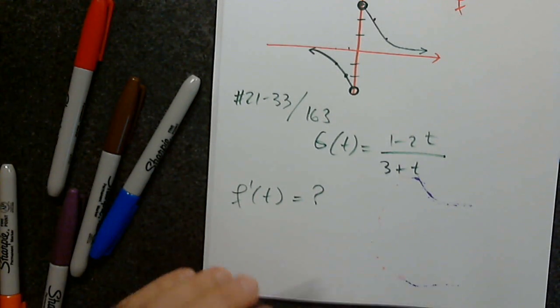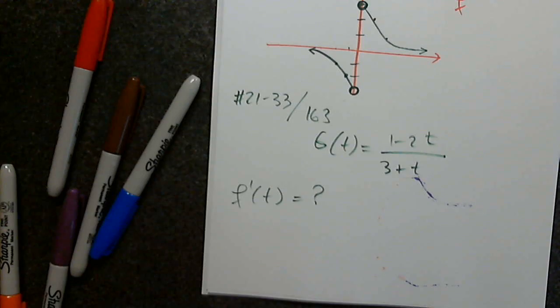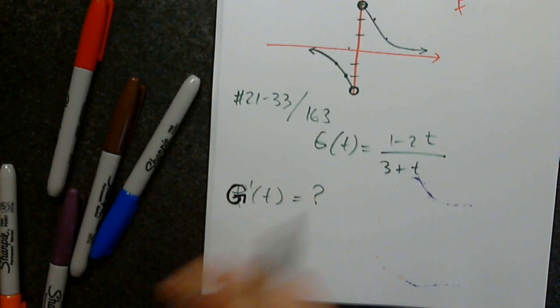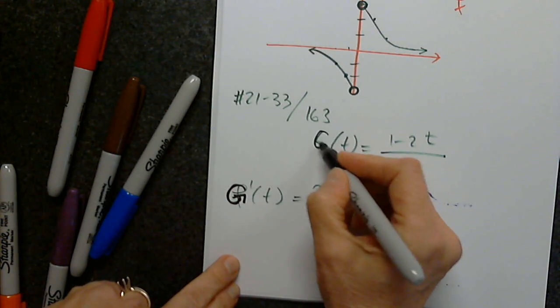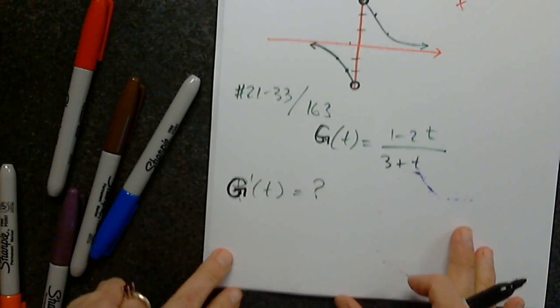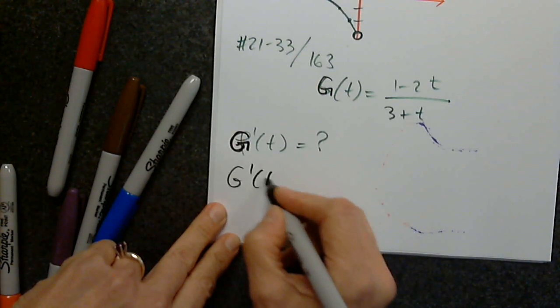Would this technically be g prime of t? I'm sorry, that's not right. I don't like g. So we have to find g prime of t. Thank you, my fault. I'm sorry. I'll take what I can get. So g prime of t is